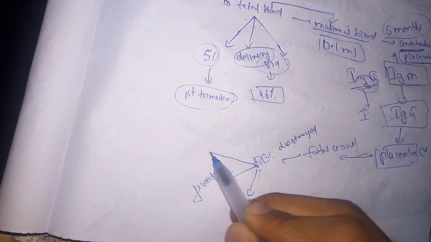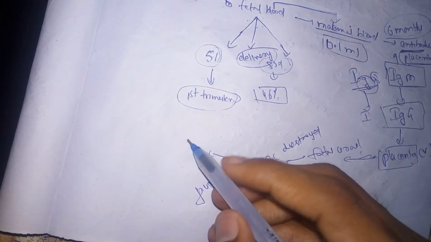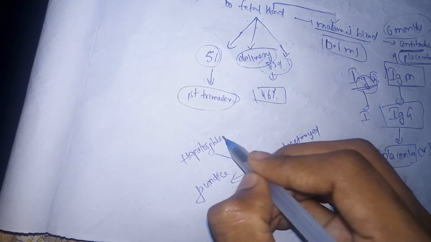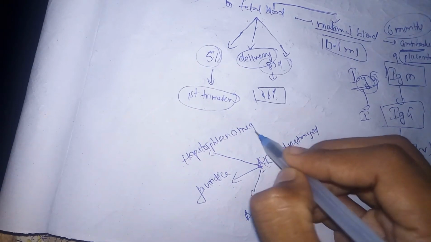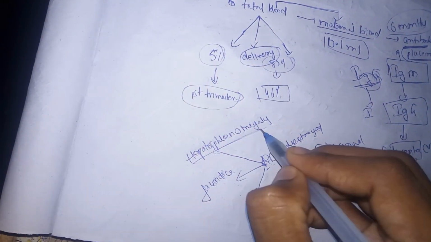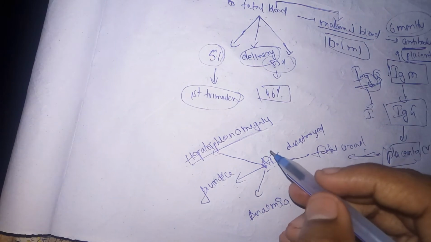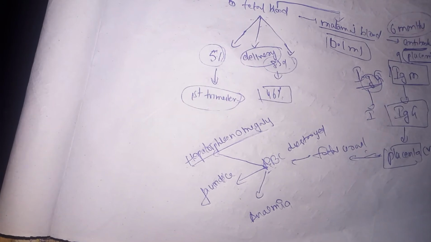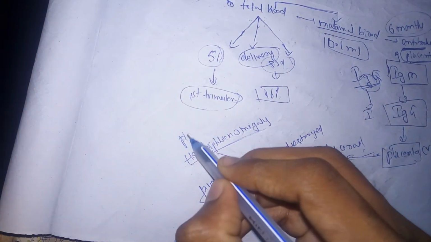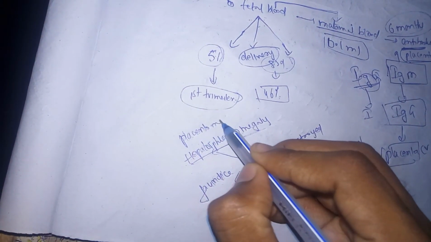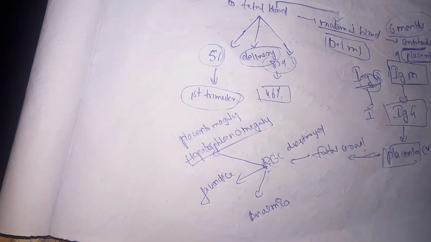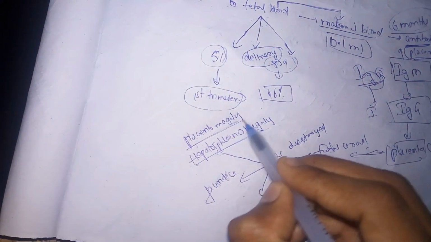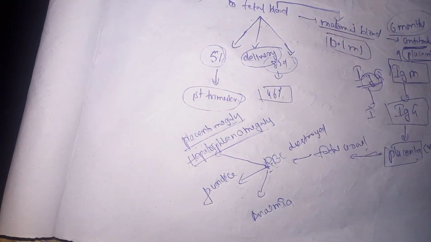As the number of RBC comes down, it leads to secondary hemopoiesis that results in hepatosplenomegaly. This is due to extramedullary hemopoiesis. It also leads to placentomegaly, because the placenta will try to transfer more blood to the fetus. So in this process, it leads to placentomegaly. So this is what happens.